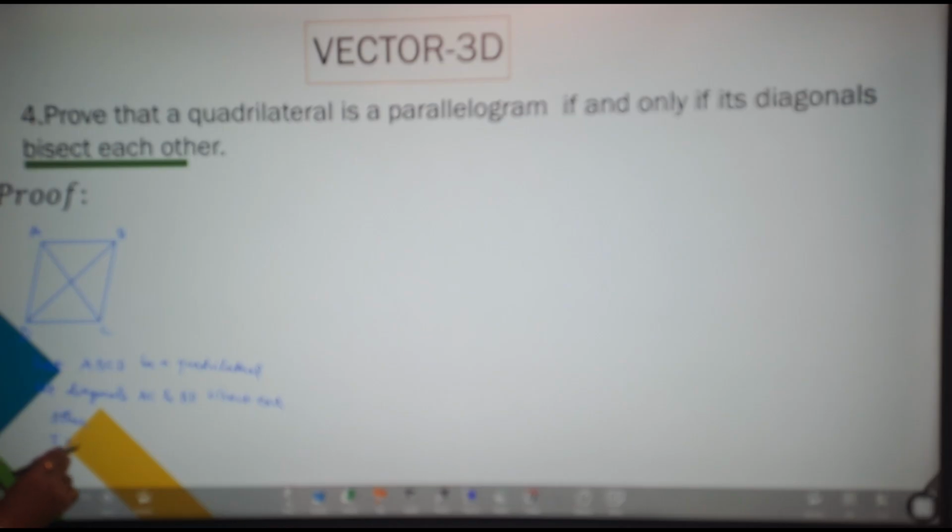To prove that quadrilateral ABCD is a parallelogram,